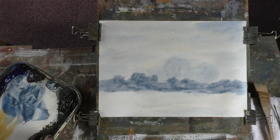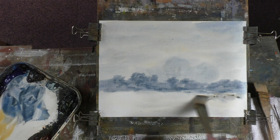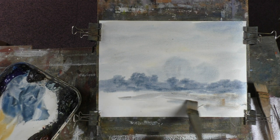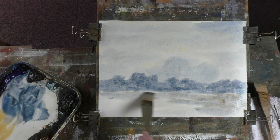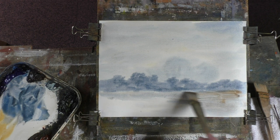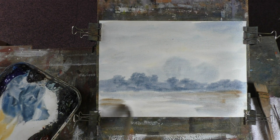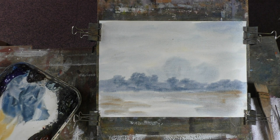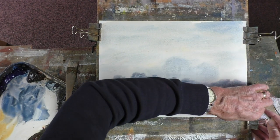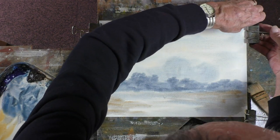Now let's put in some burnt sienna. Right, that's the basics. Now let's get some more. That's still on the surface. The water does stay on the surface of this paper for quite a time, but that's its virtue as well, you see, because while it's in that state you can